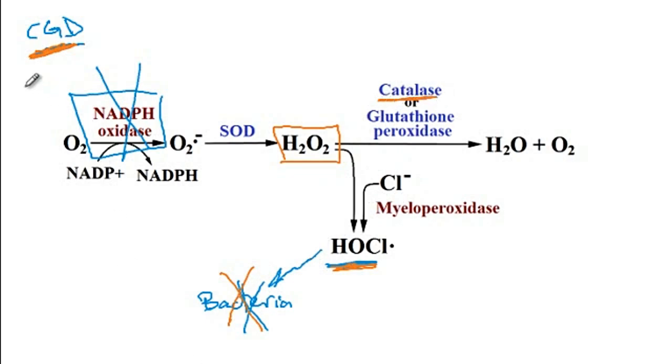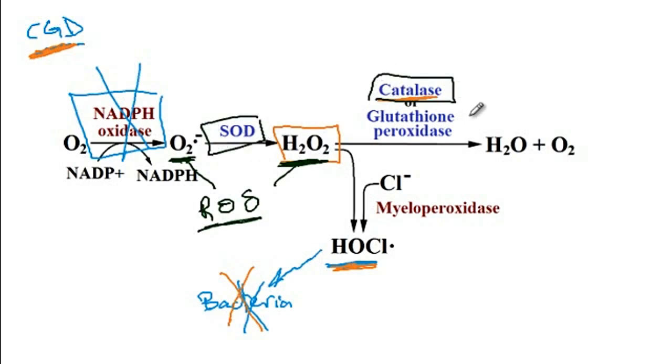Now, before I move on to CGD and explain that in more detail, I would like to let you know that the superoxide radical and hydrogen peroxide are toxic compounds that can destroy lipid membranes, proteins, as well as DNA. So these are referred to as reactive oxygen species. And so the body has defense mechanisms in order to neutralize these compounds. These include the enzymes superoxide dismutase, catalase, as well as glutathione peroxidase. So these are antioxidant